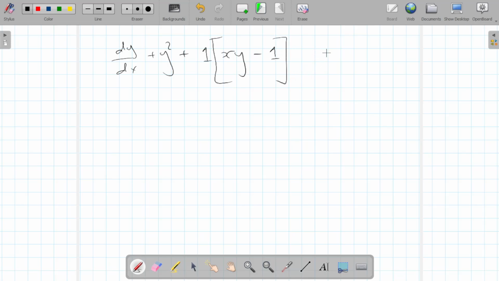Now, we're told that's equal to 0, but for now, we're going to let the left-hand side equal this equation. So we need to prove for what value of y